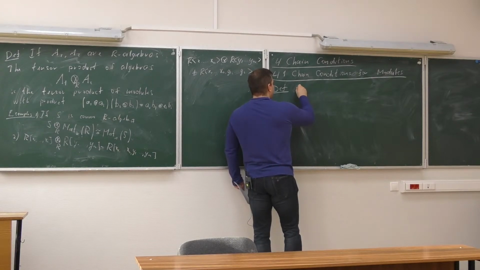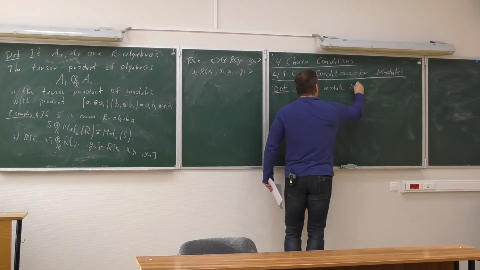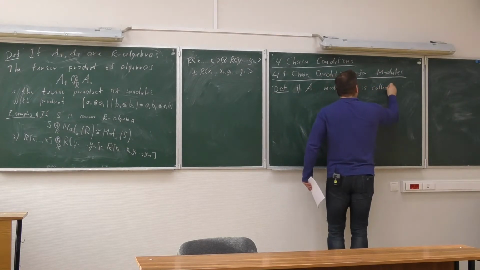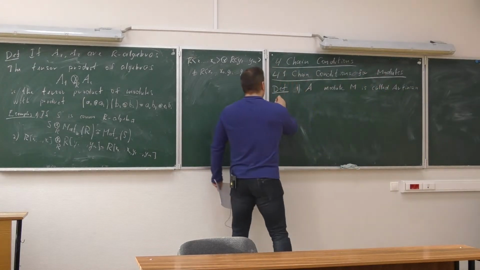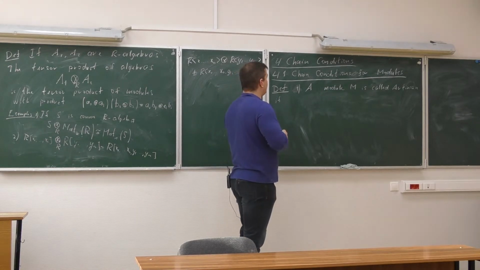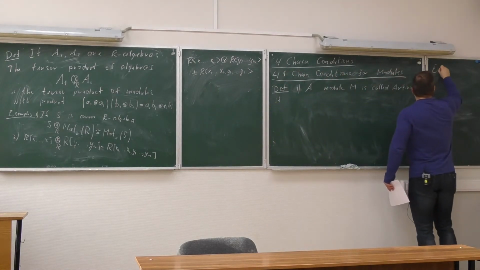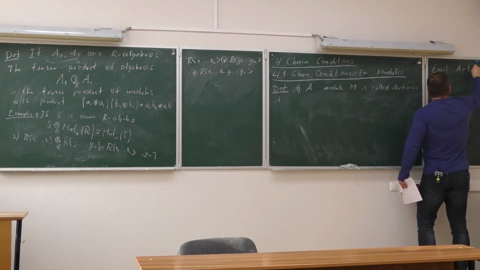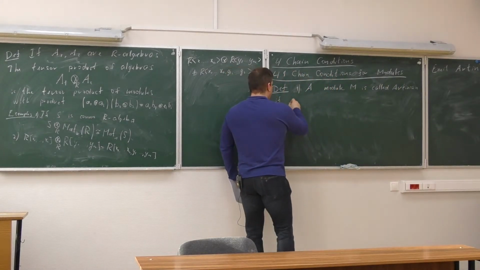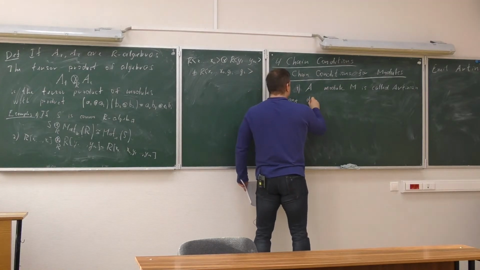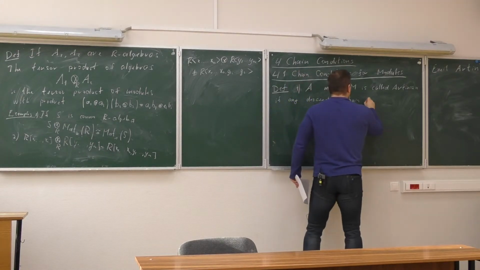So first, a module M is called Artinian, after Emil Artin, if any descending chain of submodules